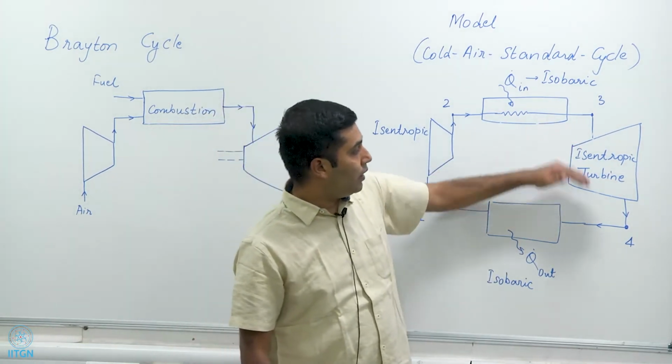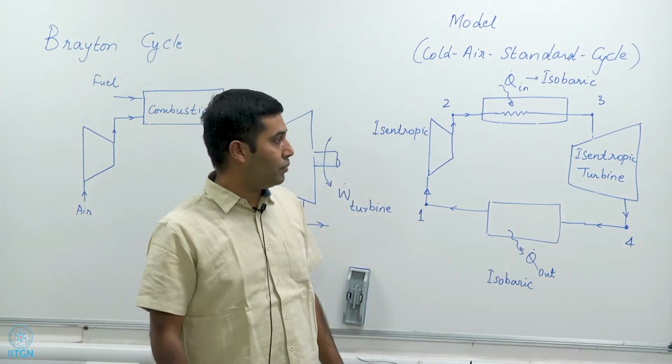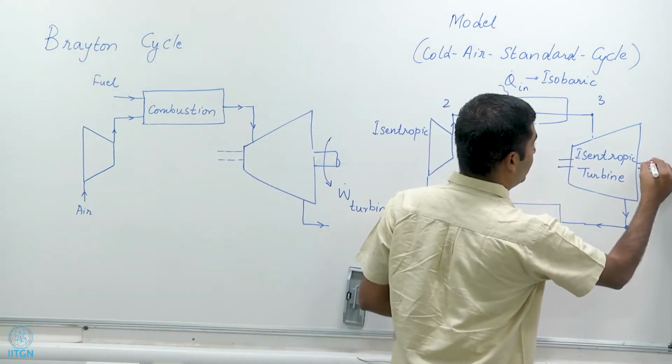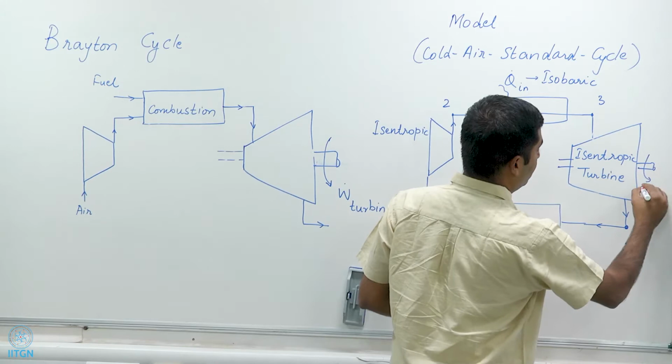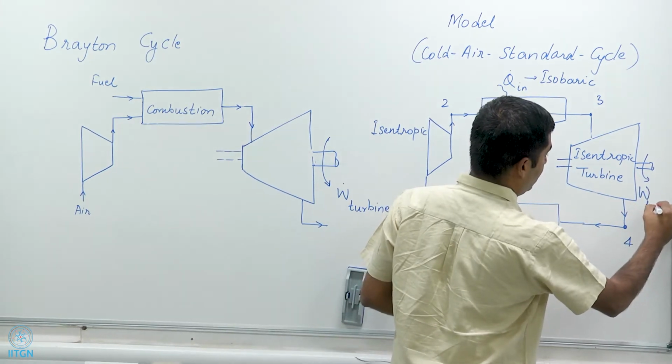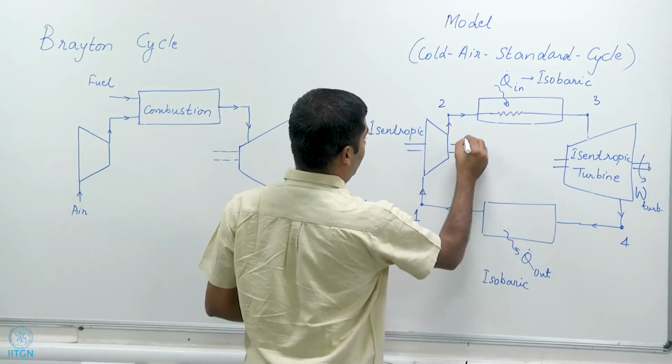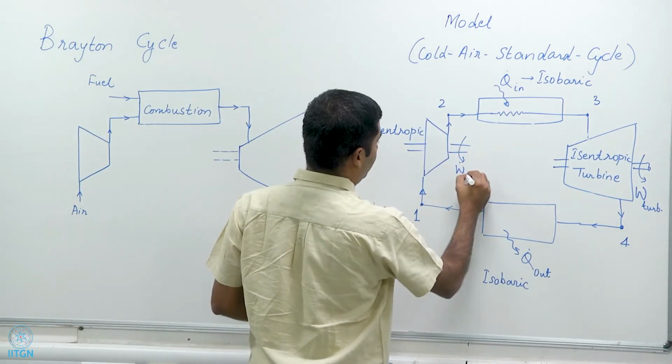And then again we assume that the turbine is isentropic and it does work on a shaft, and this is a compressor which requires work,